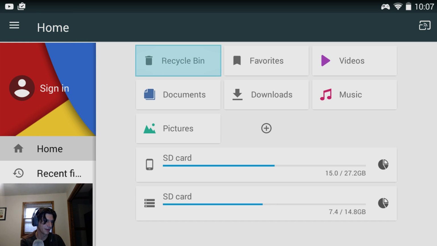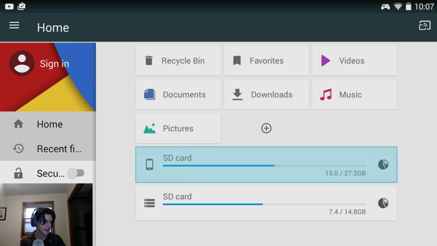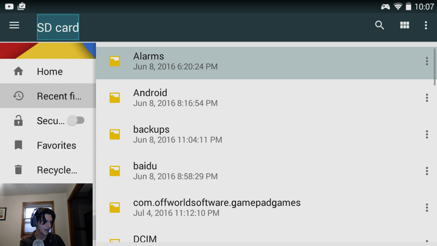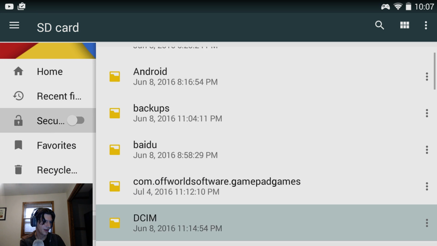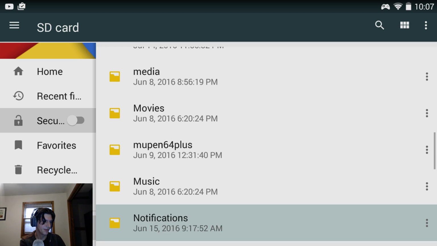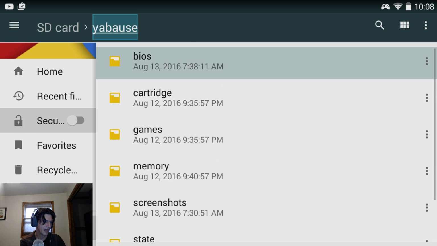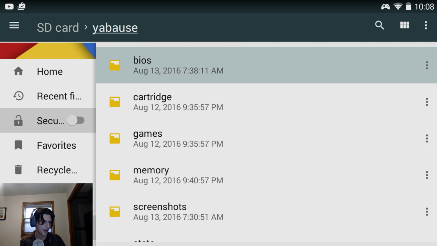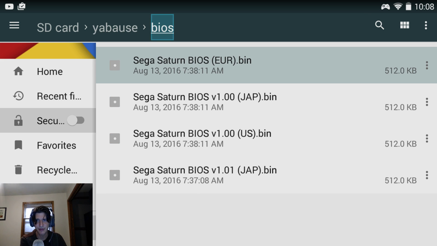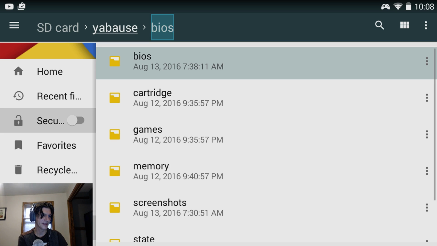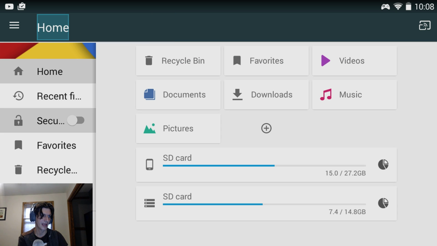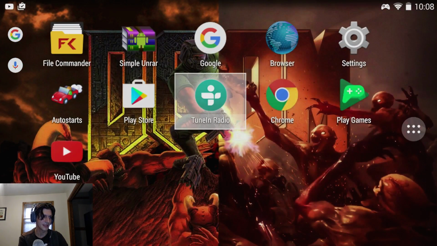All right, so anyway, here's the root of the SD card. Go into the Yabuse folder. BIOS. And that is where you can drop your Saturn BIOS files if you'd like to use them. Again, not a necessity. The regular BIOS that's built into it works just fine. But if you want that extra authenticity,